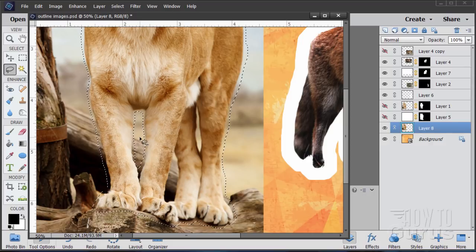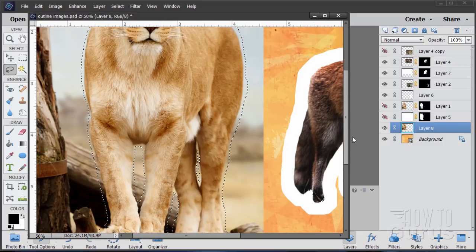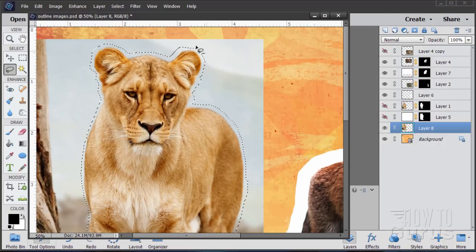The reason for this is we'll be using the refined edge, and it needs a border to work against. So we're giving it that little area to go ahead and figure its refined edge bit out. A little bit in here, and then just a little bit up here, a little tight right there. But this will be enough, I think, to do what we need. There we go. Okay, now that we have our edges, we can scroll back up here to the top and